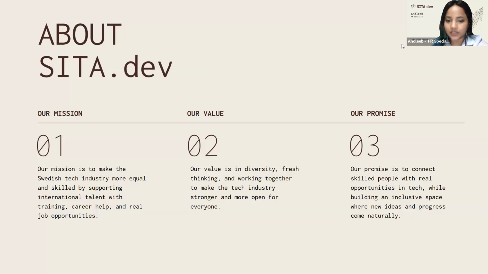We welcome more fresh thinking and try to work together to make the tech industry stronger and more open for everyone. As a company, we promise to connect skilled people with real-life opportunities in tech while building an inclusive space where new ideas and progress come naturally.